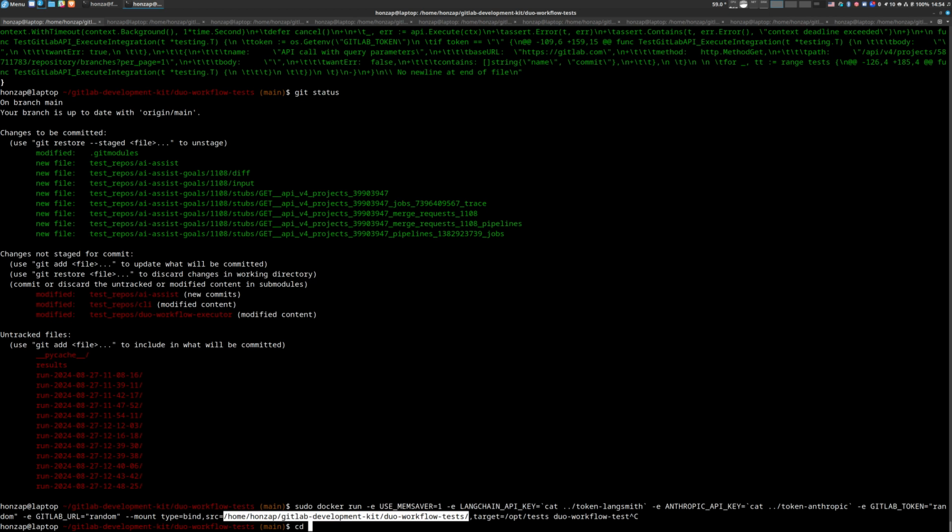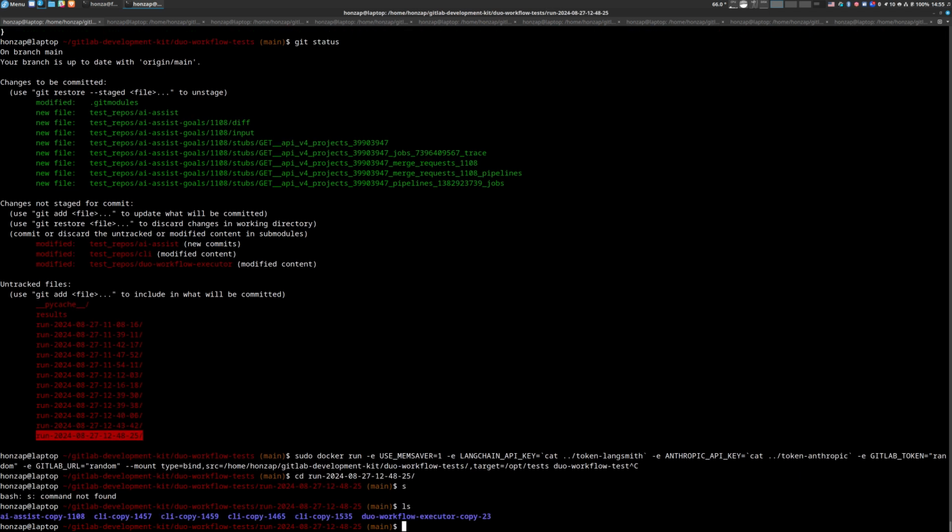it contains a directory with working directories for each of the examples. Because all examples run in parallel, we need to create a copy of the repository for each test. So if we look at the last run, we can see that we created 4 copies of the CLI repository, one for each example, and